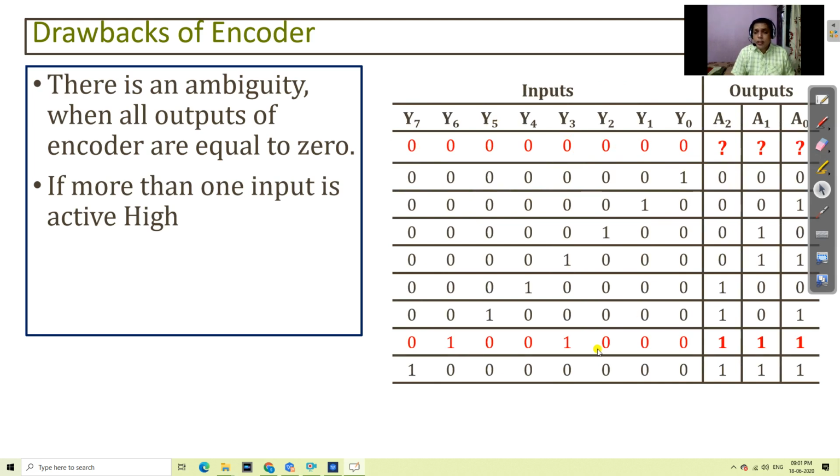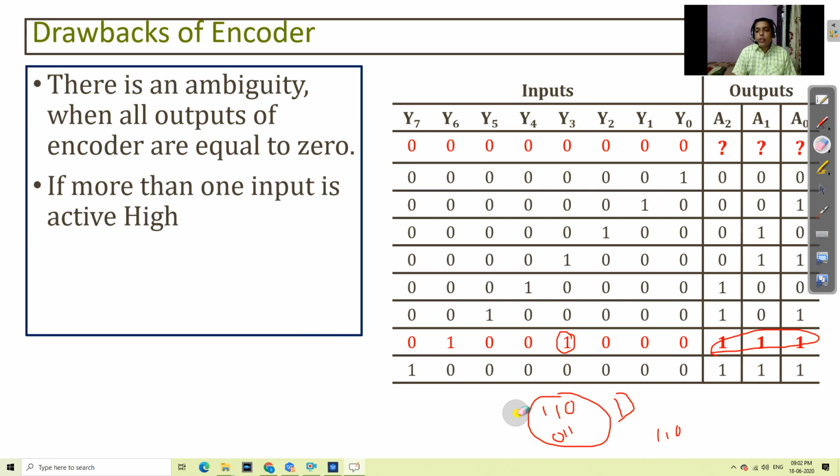That is absent. But if you observe here, y6 is present and y3 both are present. So if y6 is present, what is the expected output? 1 1 0. Expected output is this 1 1 0. But see, y3 is also present in this line. If y3 is present, what is the output? 0 1 1. So what will it produce? It is an OR gate. So what will the OR gate produce? The OR gate will produce the output 1 1 1, which is the wrong output, because I want the output 1 1 0. Instead of that 1 1 0, it is producing 1 1 1 due to the ORing operation of these two, because y3 is also present.